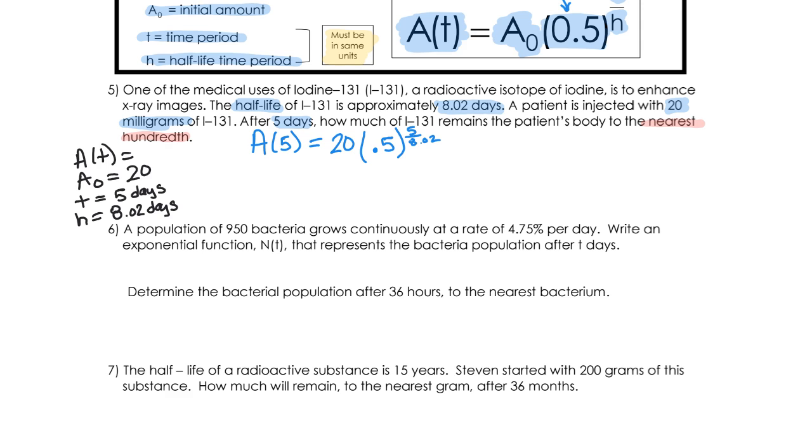All right, guys, all we're going to do is type this right into our calculator, okay? Again, I'll walk you through it. But if you take your calculator, turn it on, type in 20, in parentheses, 0.5, hit your caret button. If you have an older calculator, this entire fraction needs to be grouped in one set of parentheses. Other than that, guys, if you have one of the newer calculators, you'll see that when you type in 5 divided by 8.02, that it's all up in the tiny little exponent, and so you don't need parentheses around it, okay? If you hit enter, we're going to end up with a number of